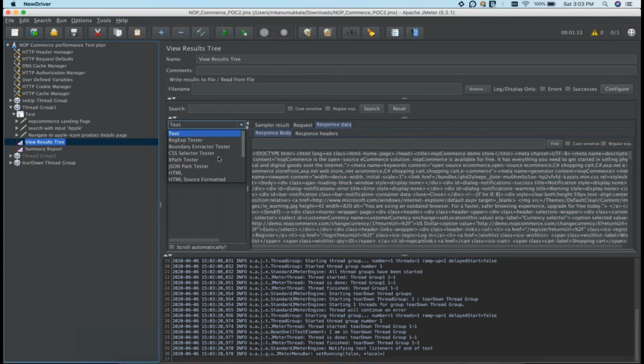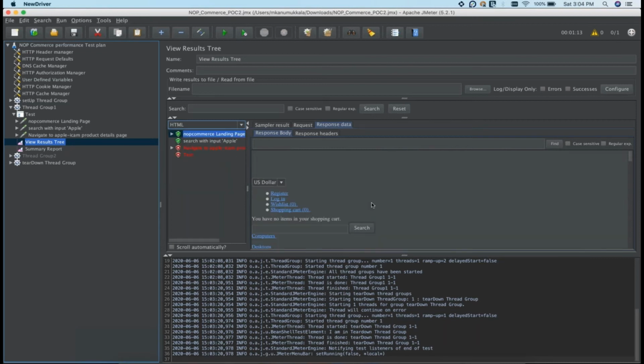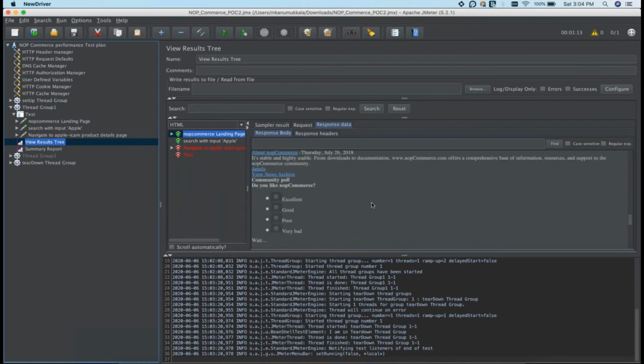I got the HTML page, right? If I go here and change this to HTML, I can see this is the HTML page. Whatever we can see on the landing page, the same thing we can see over here also. In the same way, if I hit the next one,